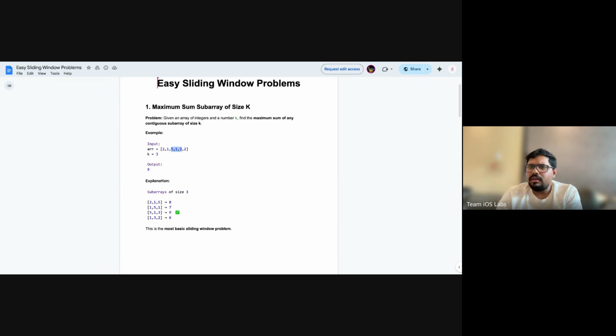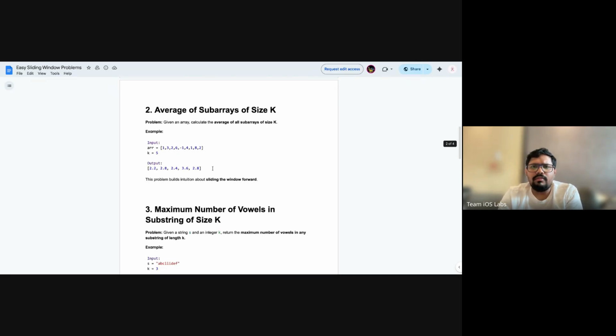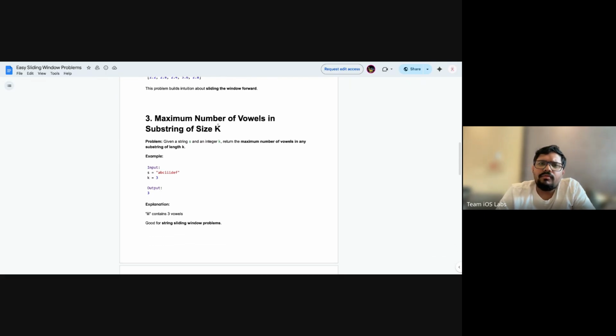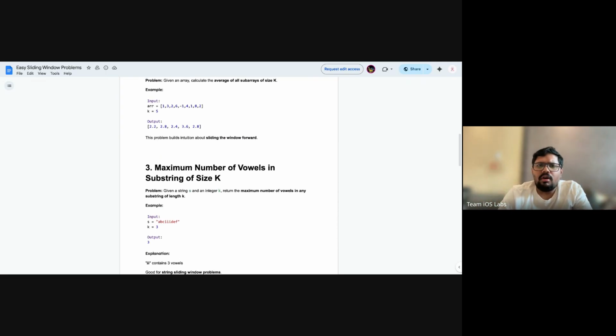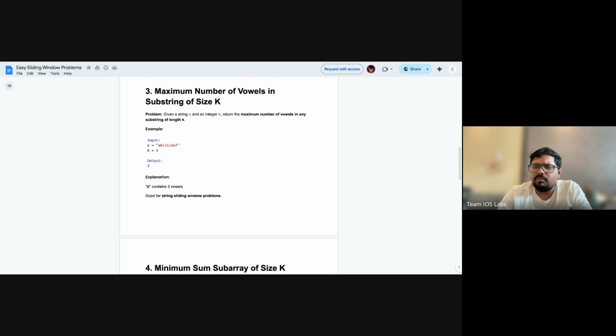If you recently solved the string non-repeating character problem, and you understand this, then this is very easy for you. Similarly, we have more problems, like finding the average of subarrays, or finding the maximum number of vowels in a substring of size k. These are all fixed size sliding window pattern problems.